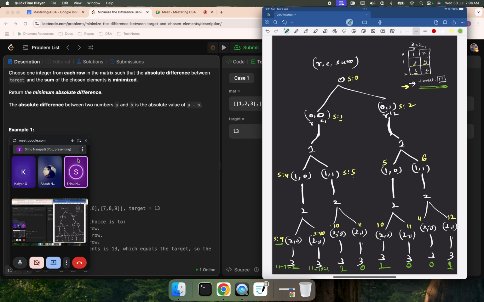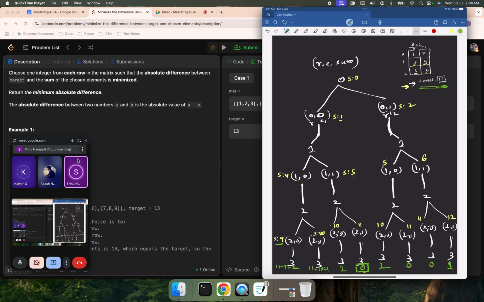You consider my absolute difference, and you figure out all the sums. Somewhere you found value as 0. So this is the minimal sum, right? Yes or no? So you just need to return that minimum sum. Understood? Okay. Now,